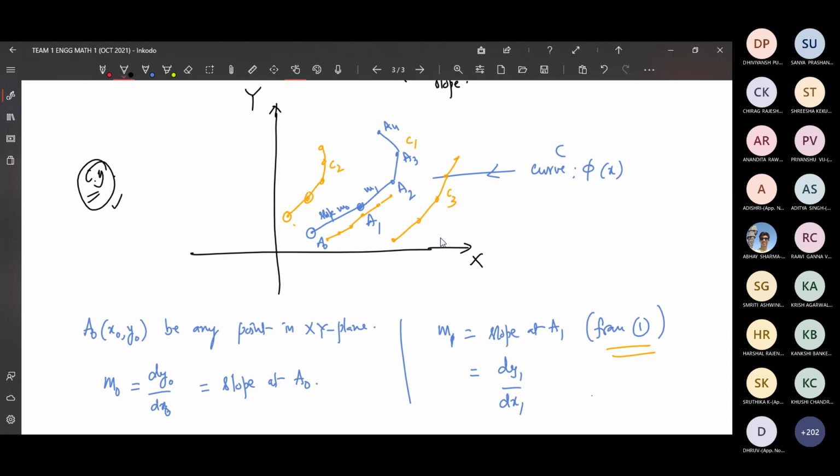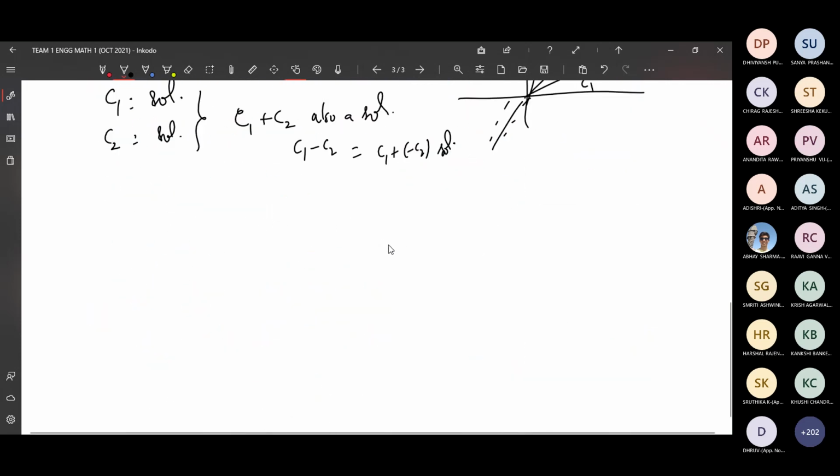Right. Now this will form one curve C1, C2, C3 and so on. So now the equation of the system of all such curves is the general solution. But otherwise each one is a particular solution. That is the meaning. Right. Now let us see some examples.